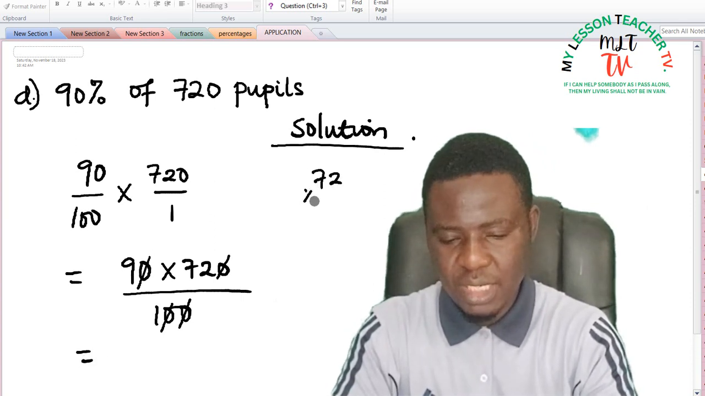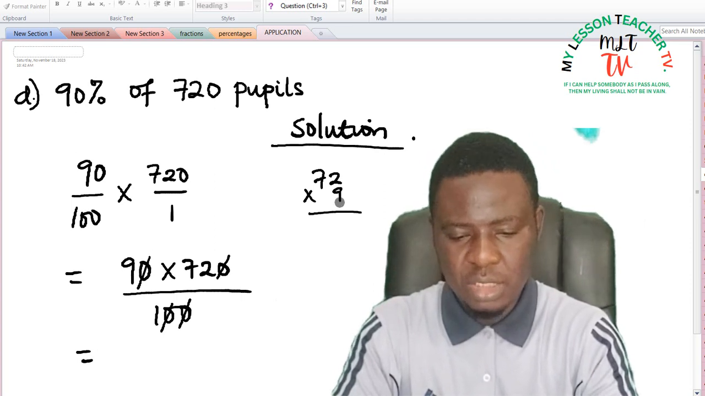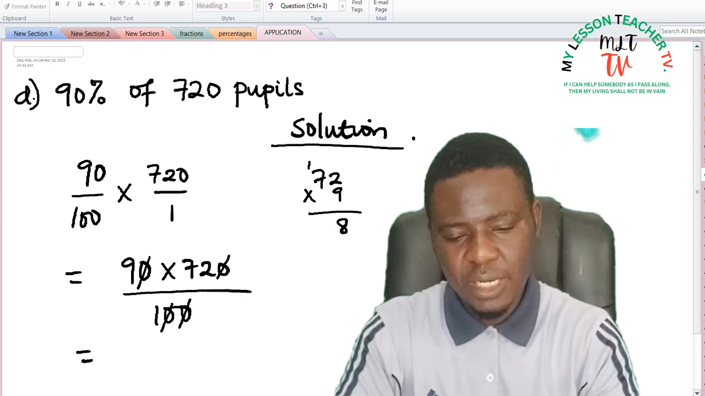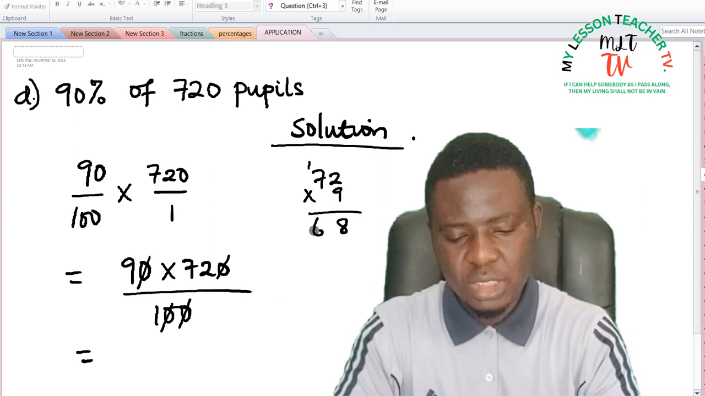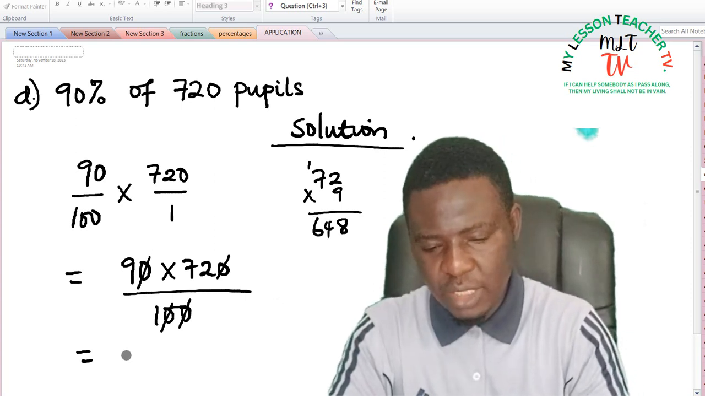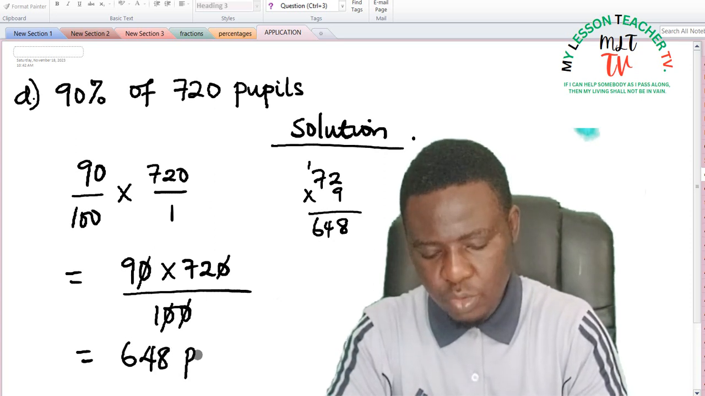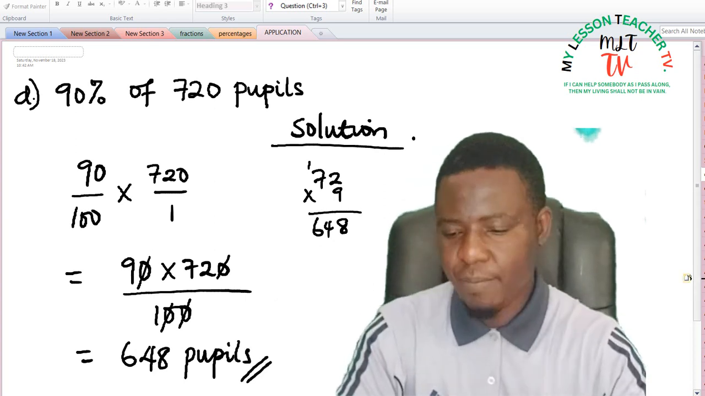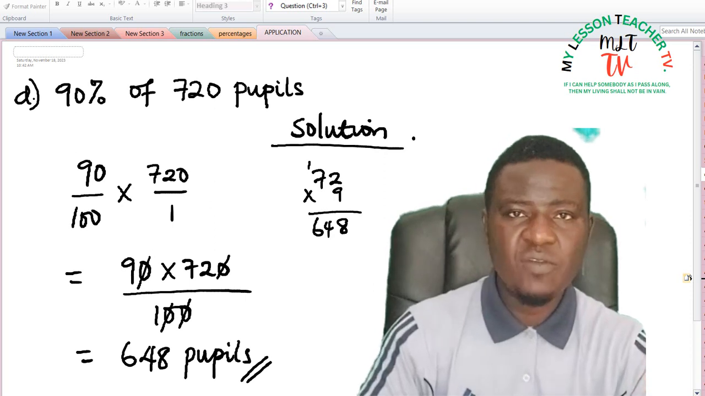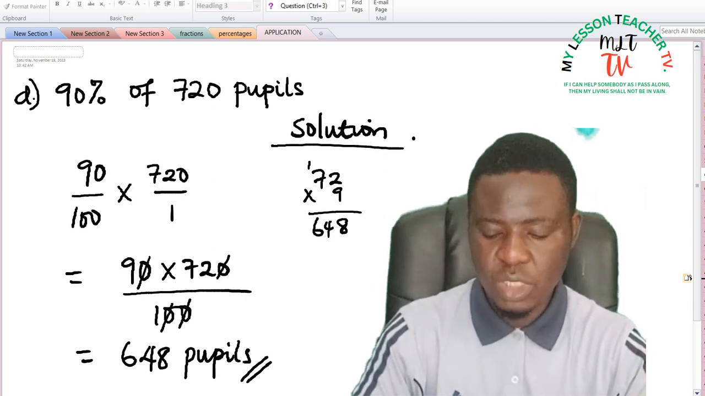72 times 9 at the numerator, and 9 times 2 is 18, carry 1. 9 times 7 is said to be 63. 63 plus 1 is 64. So our answer, therefore, is said to be 648 pupils, because we are dealing with pupils. So this is our answer. So that 90% of 720 pupils is said to be